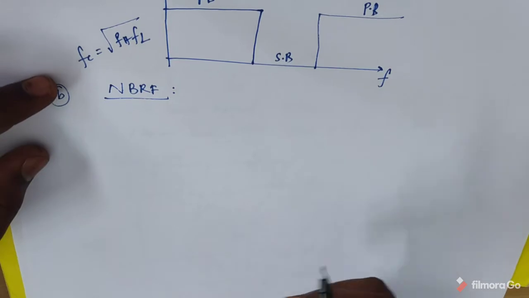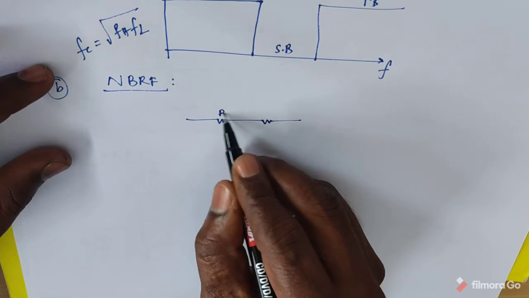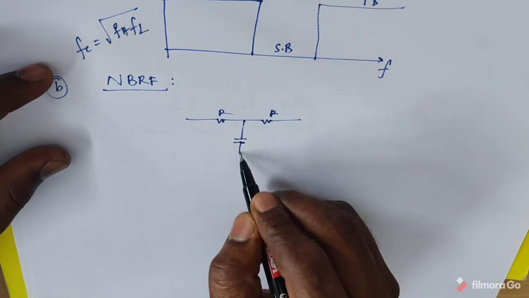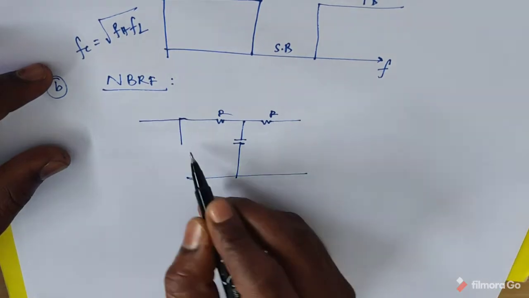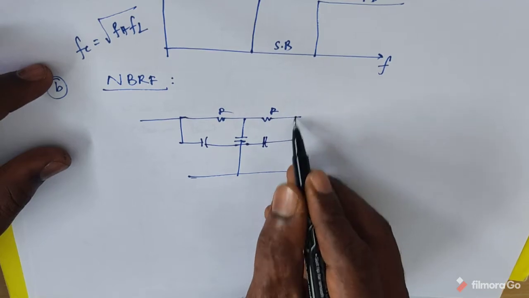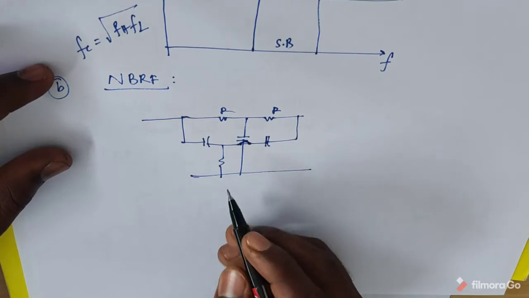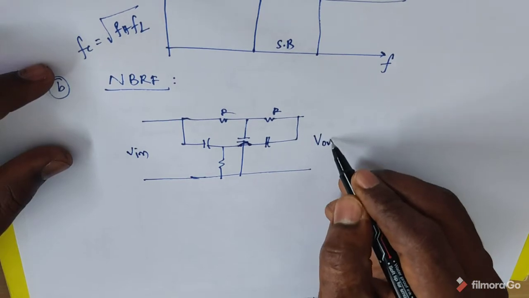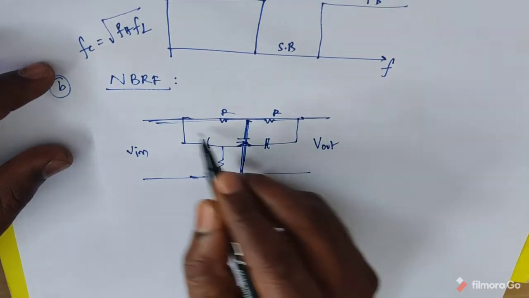That is a twin T notch filter. You may take this type of resistor. There is a T shape, R, and you can take one capacitor. This is one type of T shape. At the input, same, another capacitor. Take one resistor. Simply you can consider it like this. In this case, we are applying the input voltage, and this is the actual output voltage. Then only you can use this type of connection. This is one type of T shape.